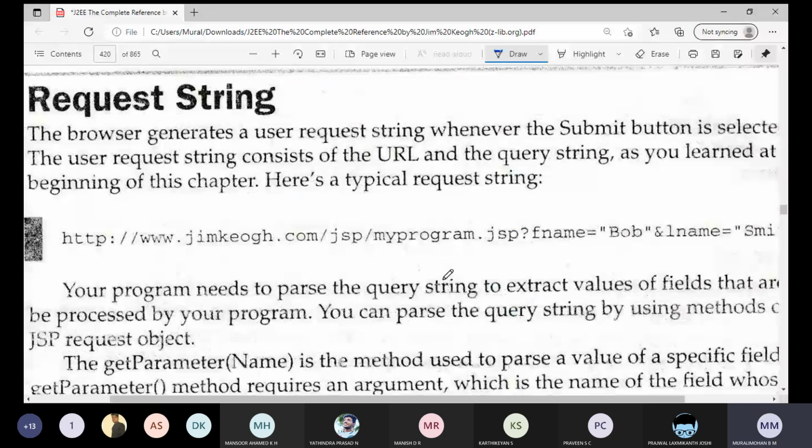So this is what we have with respect to the request string. Just observe here. This is the servlet code which we need to write in the servlet program to read the request data. To read, we are using getParameter of f name, because f name is inside the request string. Similarly, l name is inside the request string, and for that we are using getParameter. Both are inside the request object, which comes from the browser to the servlet.